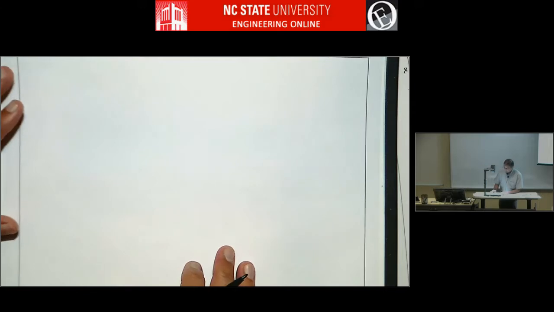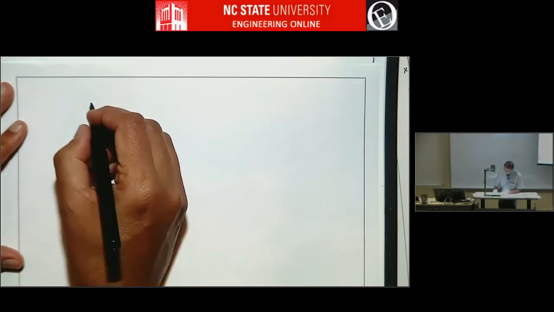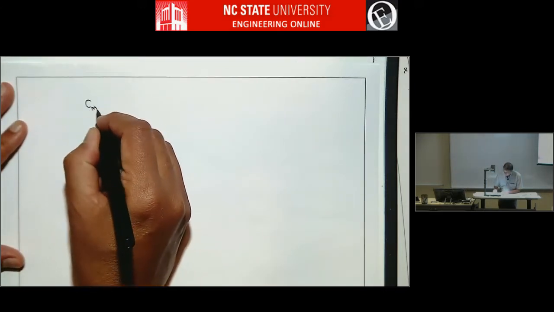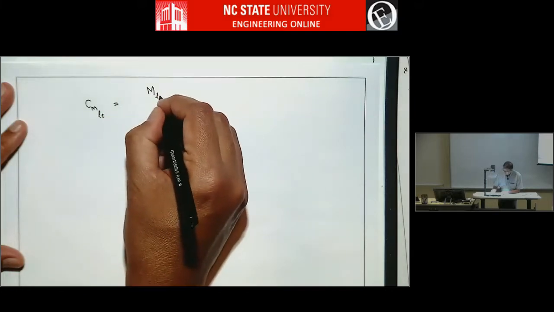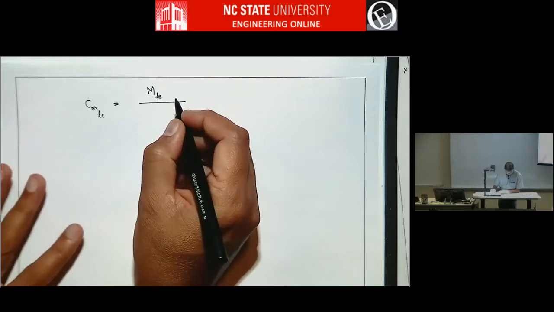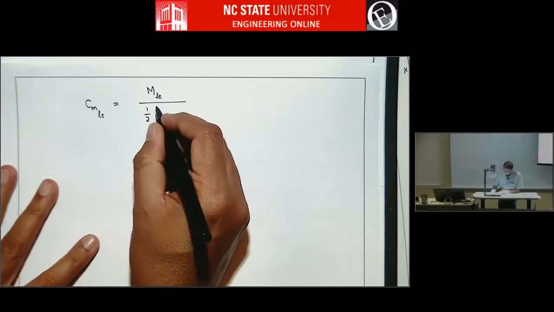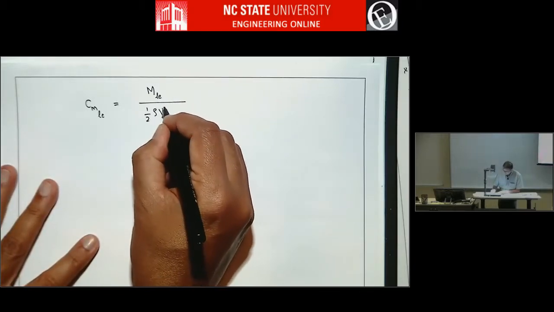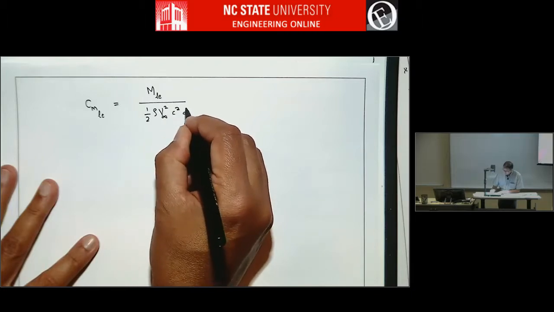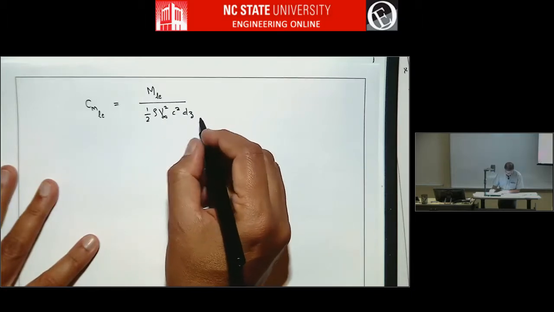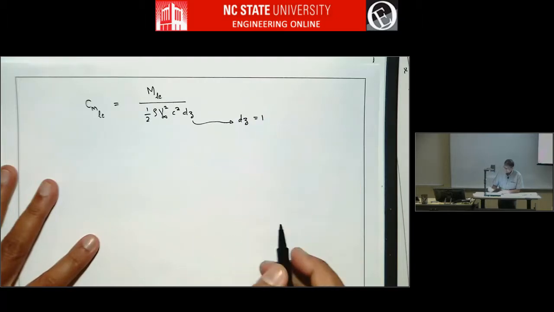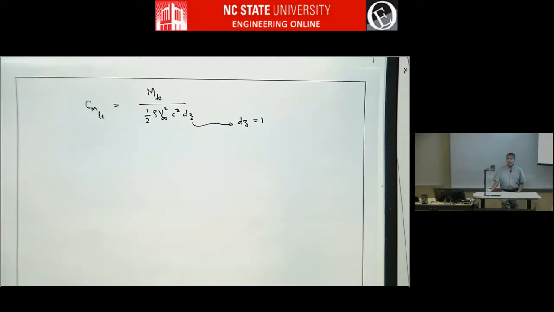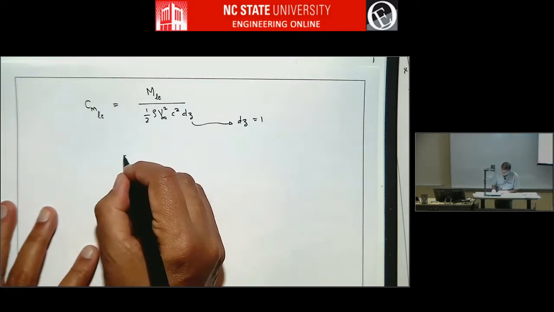Okay, so to put this in coefficient form, we know that pitching moment coefficient is moment over half rho v infinity squared c squared dz, and we usually take dz for 1 unit span, dz is 1, and so that becomes